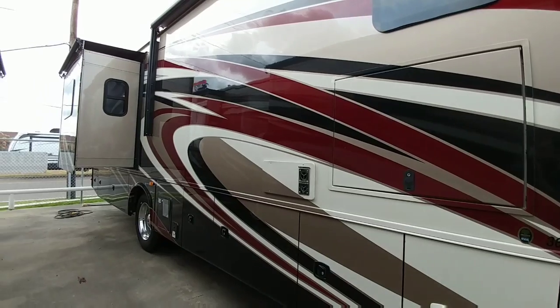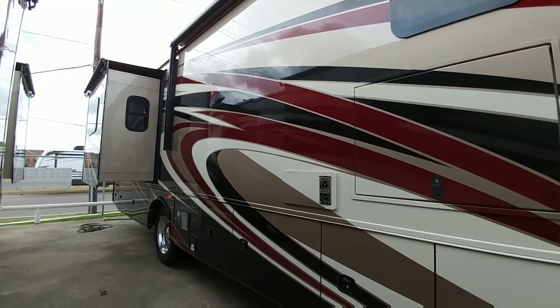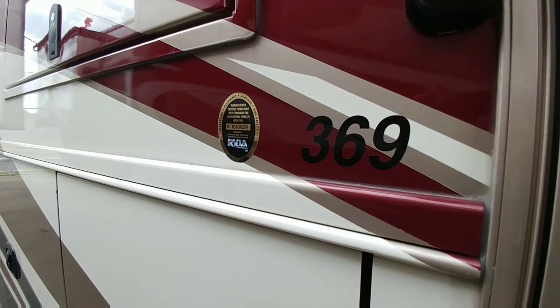Guys, I hope you enjoyed this short video on this Forest River Georgetown XL gas motorhome. This is the 369 model, 36.9 foot